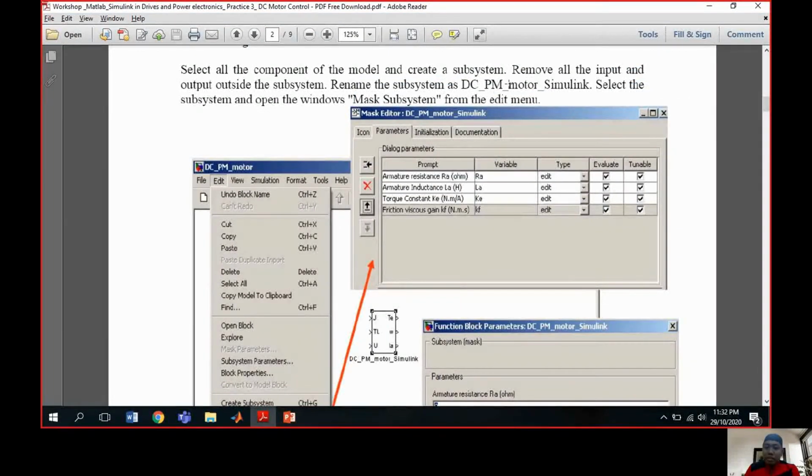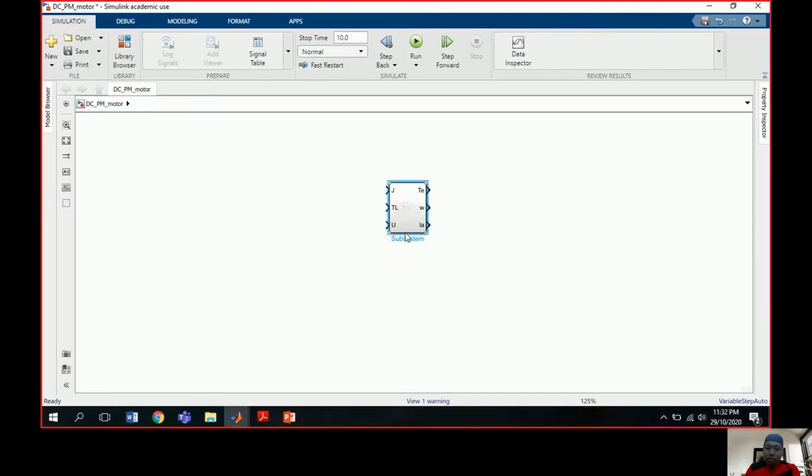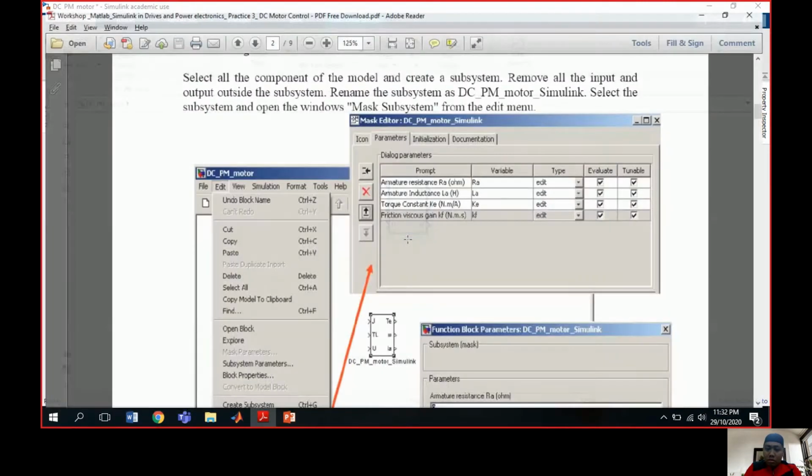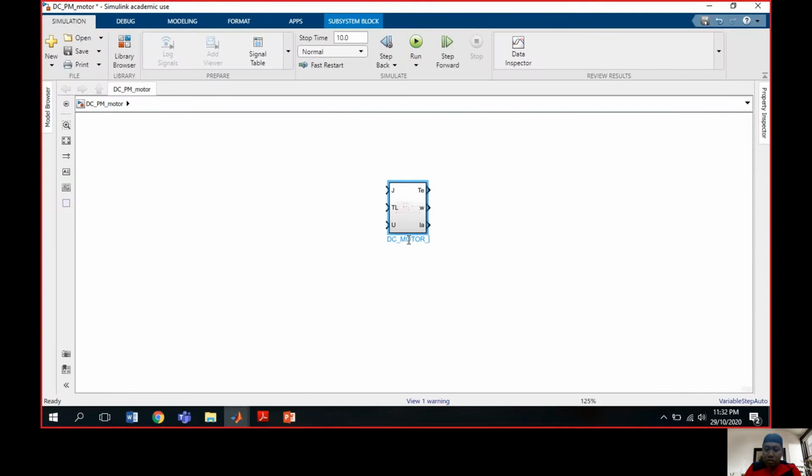I will rename it DC PM motor simulate CP.